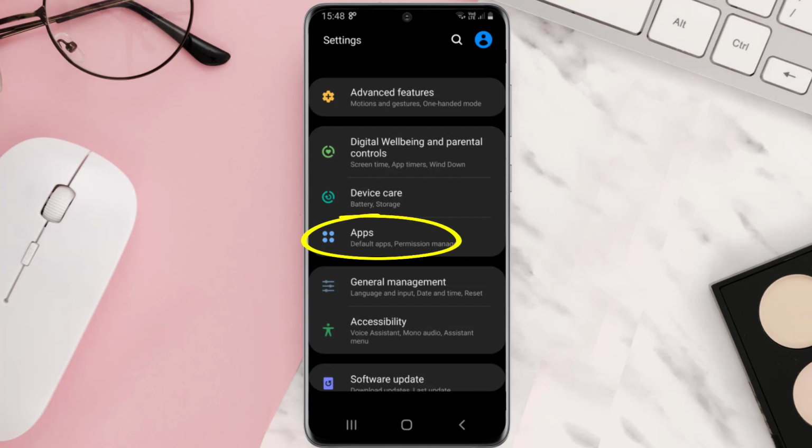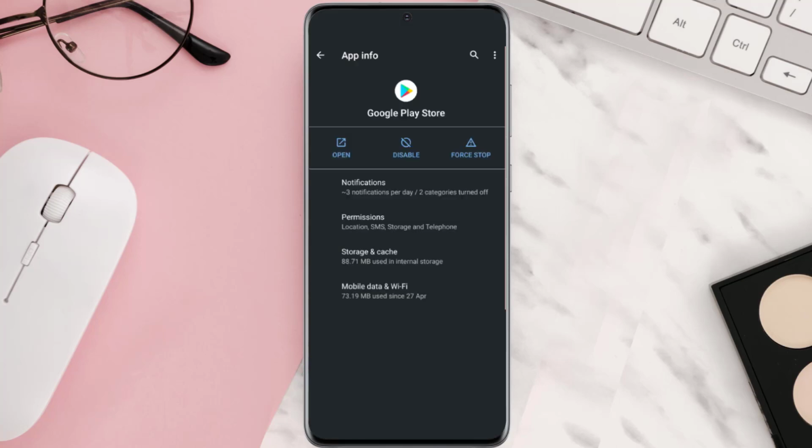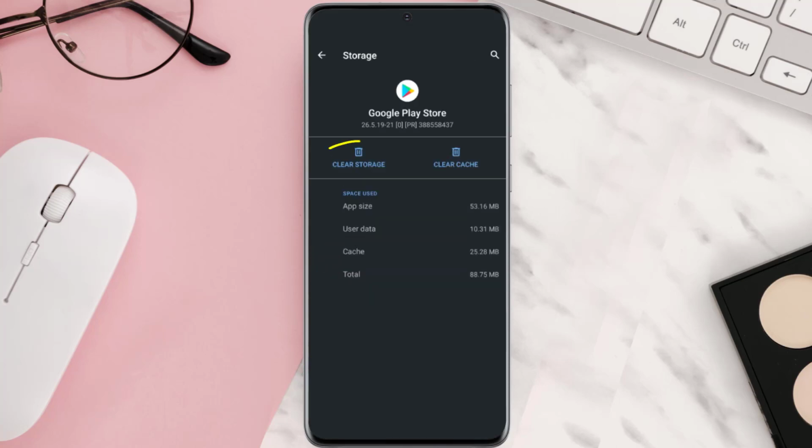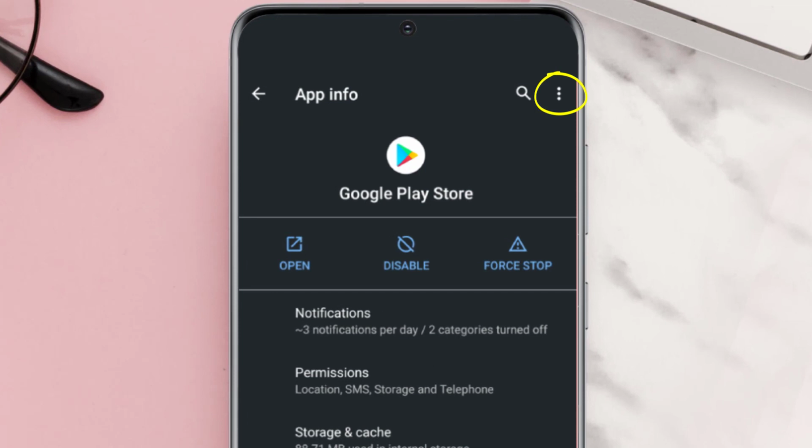scroll all the way down to apps, and tap on it. From here, search for this app and then tap on it. Once you're on this screen, you need to tap on Storage and then tap on Clear Storage or Data. Now go back to this page and tap on this three-dot icon in the top right corner and then tap